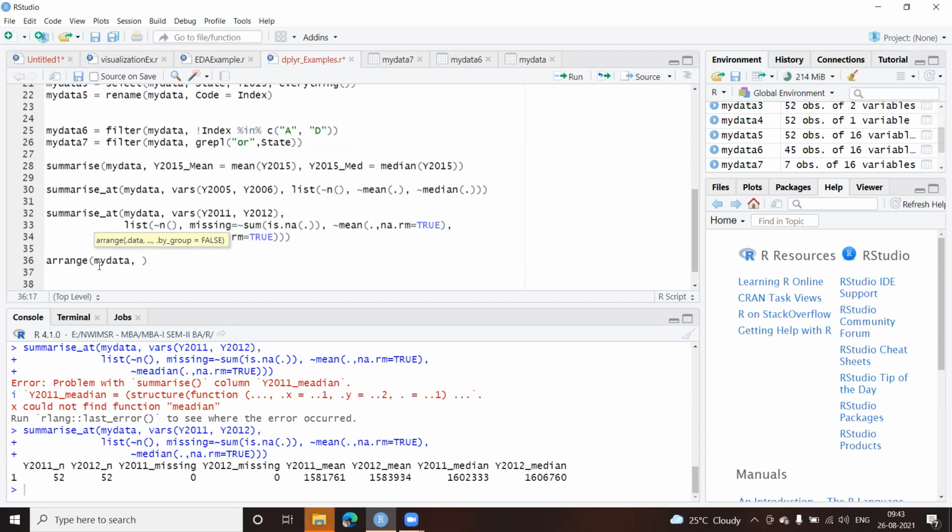Let us say I want to sort on index, and I also want to sort on some year, let us give year 2012. So there are two variables on which I want to sort my data. The first one is your index variable, and the second one is your year 2012.